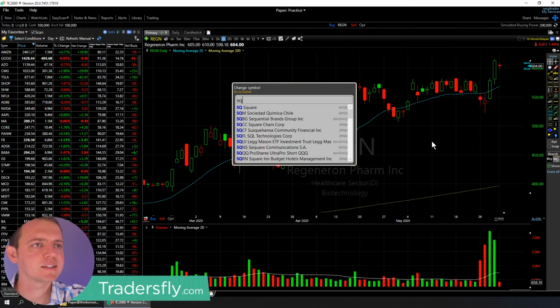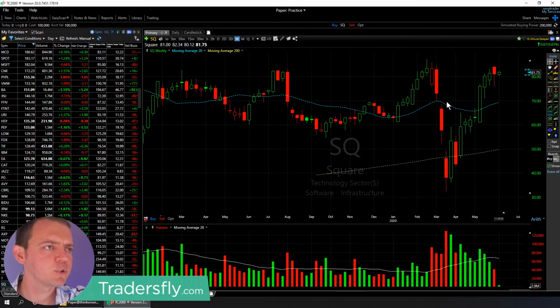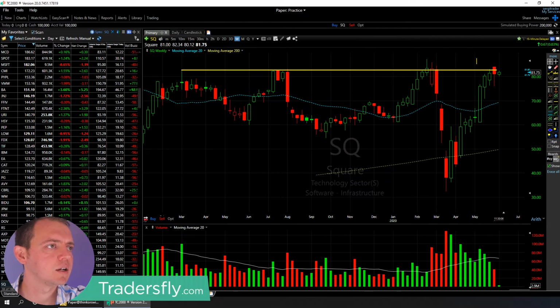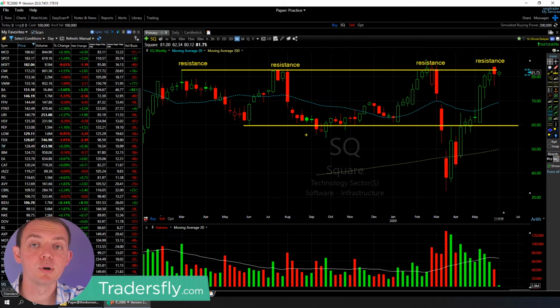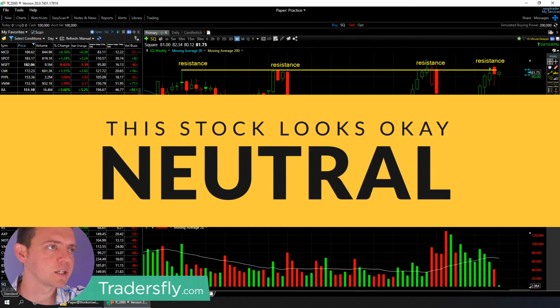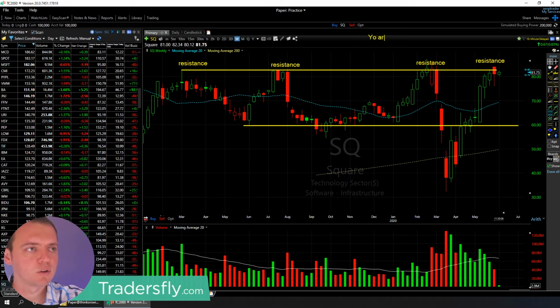prices. Let's take a look at Square, which is another one that I wanted to share with you that's also kind of hitting its tops. A little bit of these big companies, as you know, are kind of hitting these top levels, and you can see there's our resistance level, and we've had some support here. So overall, it's been moving very, very well. I've been bullish on the stock, but now I'm a little more neutral because you are hitting resistance